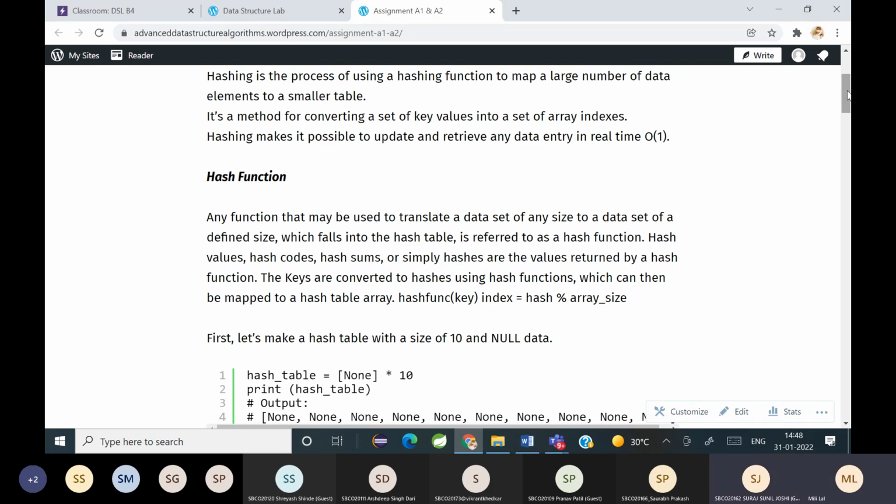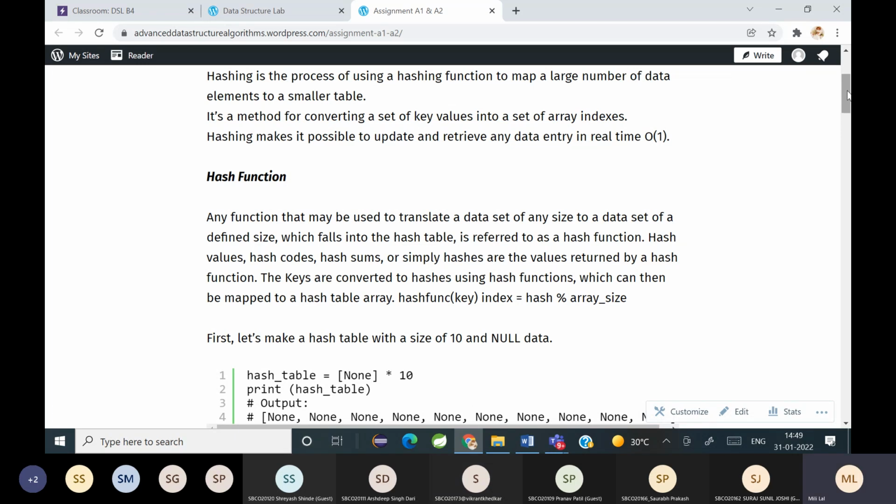What is the purpose of a hash function? It is a type of function which will help us in storing the data into the smaller table. Yeah, so you are going to apply that function on the key so that you get an index where you have to store the key value pair, right? Yes, ma'am. So normally arrays